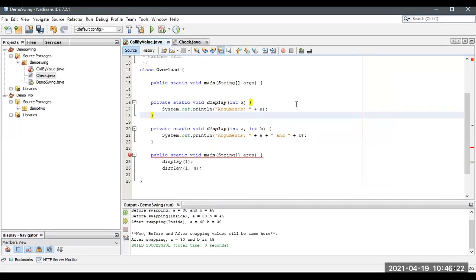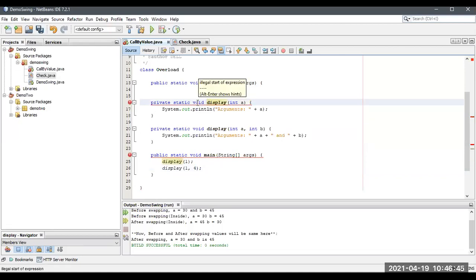Where is the format? Okay. It is closed and this is also closed. Where is the main method? Yeah, here is the main method. Let me see this illegal start exception.